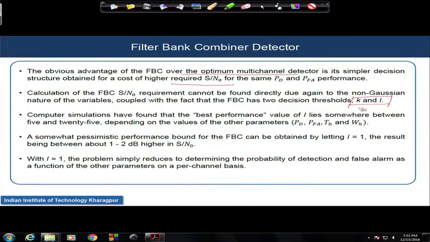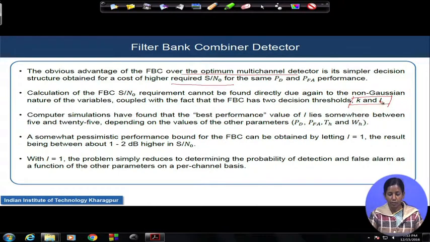And remember, we have two different decision thresholds, so they will also have their own effect on the performance itself. So, it is not easy to find a closed form expression for the performance analysis of FBC, but the performance can be found by computer simulation, and we could see